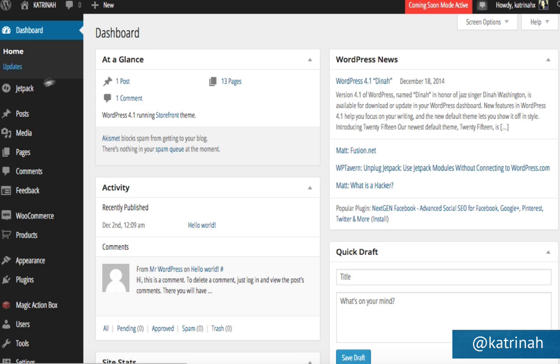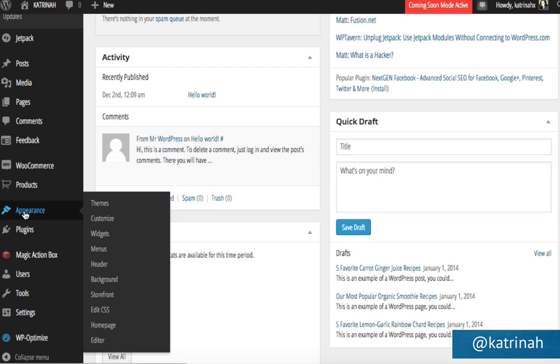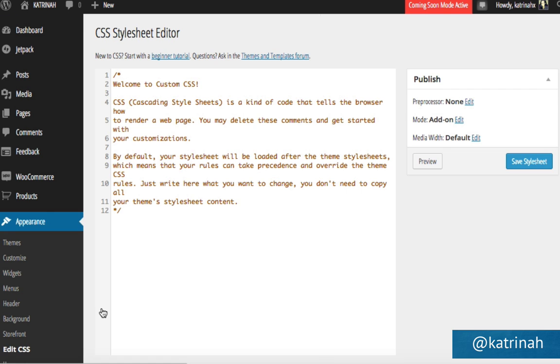Note that when you're using the Jetpack plugin, when you scroll down and hover over Appearance, there's this other option right here called Edit CSS. And of course, if you'd like to just add your CSS styles right here, you can do so and you can skip creating a child theme. Personally, I prefer to create a child theme because it creates a completely other file where all of the styles that we're going to add will be protected, and you don't have to worry about accidentally having this be erased.